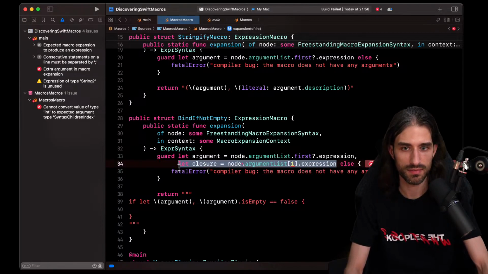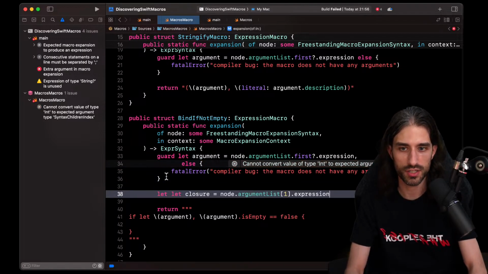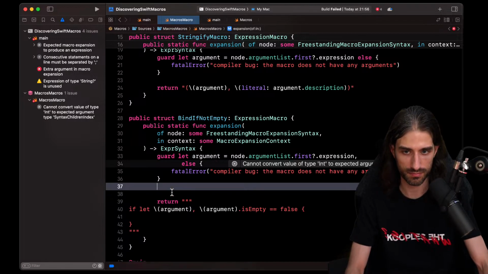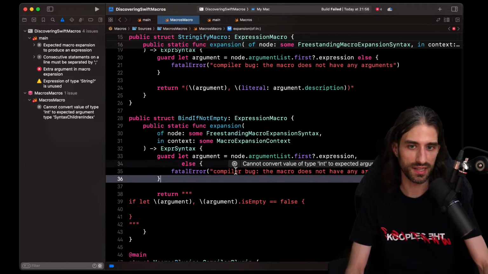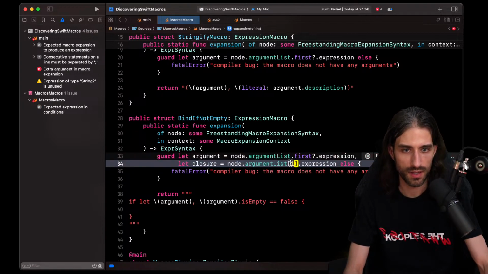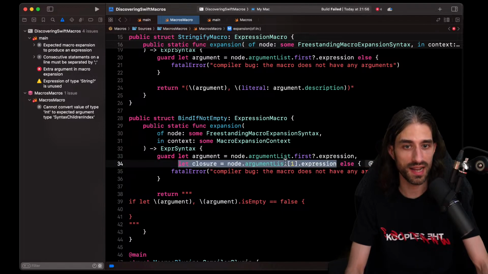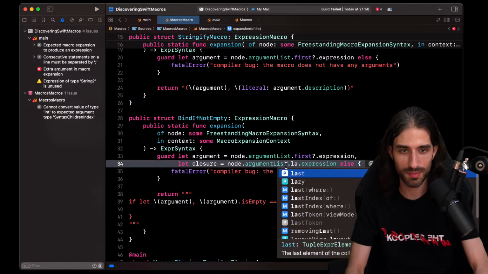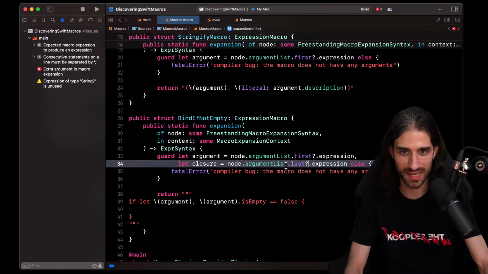Yeah, because it does a fatal error otherwise, but since this would have crashed anyway. Oh no, because you still get the good error message. Yeah, no, this is an extension that you need to add to your project. You know what? I'm going to do it the quick way. Oh yes, last. You're absolutely right, because since there are only two elements, yes. Last, let's do it like that.